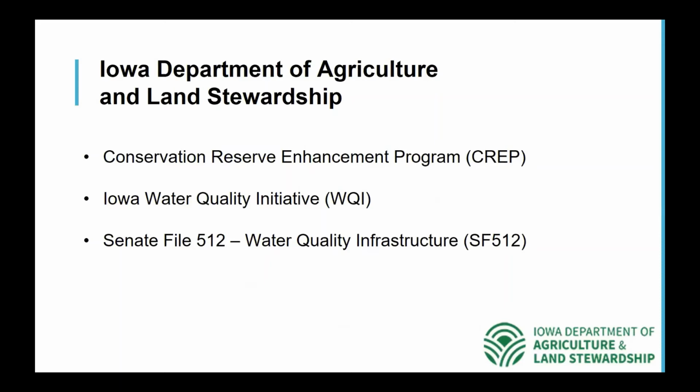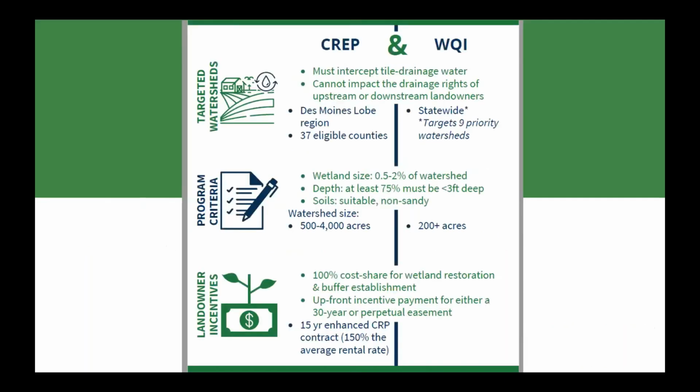So again, to kind of just specify what funding we have in particular, we have allocations from the state for our CREP program. We also have allocations through the Water Quality Initiative, and then also through Senate File 512, which is water quality infrastructure funding. And I thought this may be a helpful slide to run through